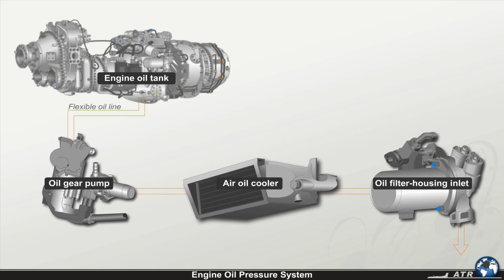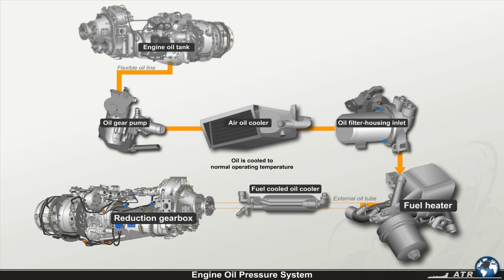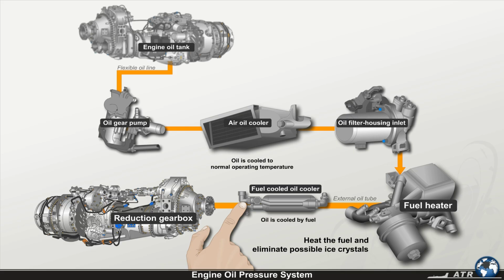The reduction gearbox lubrication system uses oil from the engine oil tank. Through a flexible oil line, the oil flows from the oil gear pump to the air oil cooler, where the oil is cooled to normal operating temperature. The oil leaves the air oil cooler by a flexible oil line and flows to the oil filter housing inlet. Oil from the oil filter housing is guided into the fuel heater to heat the fuel and eliminate possible ice crystals. From the oil to fuel heater, the oil flows through an external oil tube through the FCOC, where the oil is cooled by fuel,